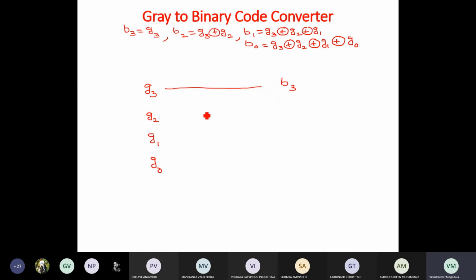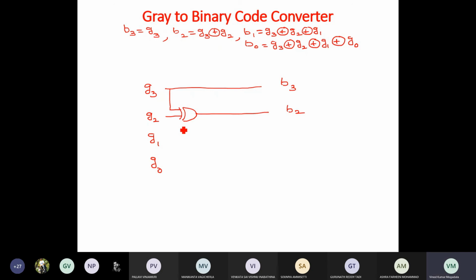So what about B2? B2 is nothing but XOR, right? So B2 is XOR with Z2, right? So XOR between Z3 and Z2 is nothing but B2.